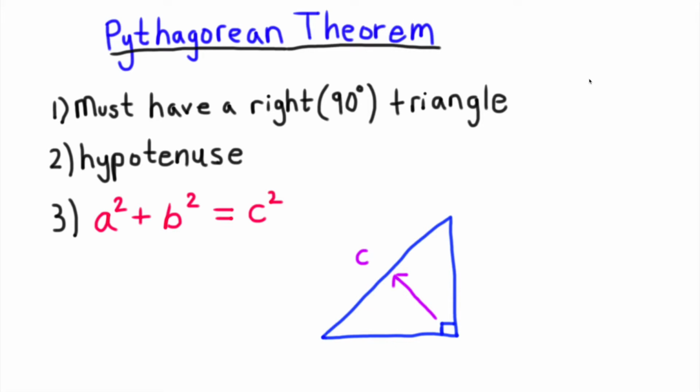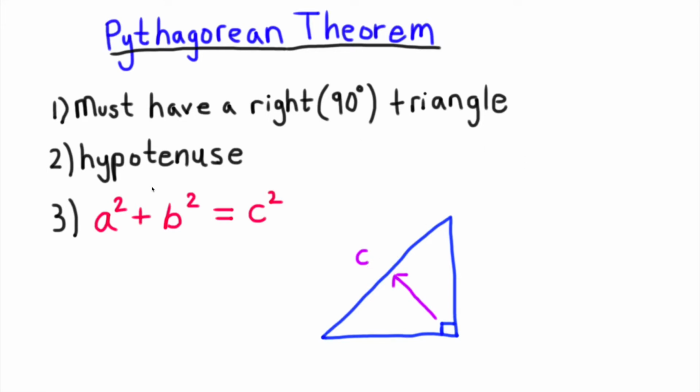The Pythagorean Theorem, what does it do? Well, if you look at this triangle that I drew on the bottom right, it's a way that we can figure out what the side lengths are of a triangle, and that's it. That's basically all the Pythagorean theorem does, it helps us solve for all three side lengths of a triangle. Now, there's a couple conditions that we need for this formula